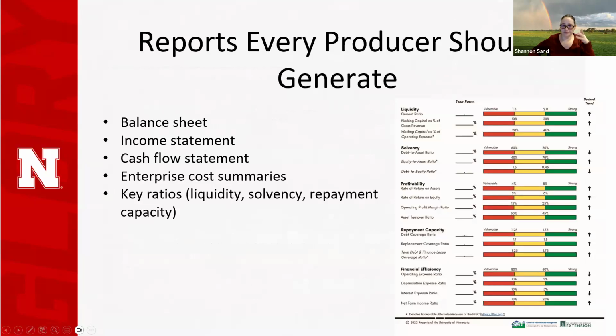So again, now that we have, again, broad strokes, production and financial records, and from those we can create our enterprise budgets, our cash flows, our income statements, our balance sheets, all of those things can be created from these records. So here are some reports that a producer may want to generate, right? Like I said,